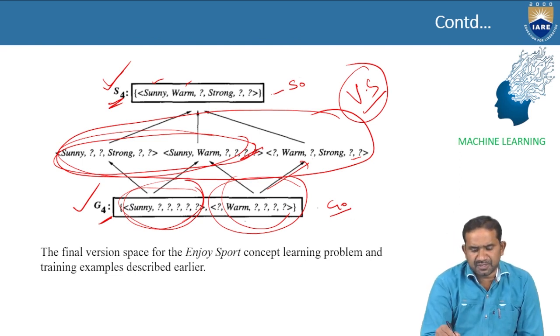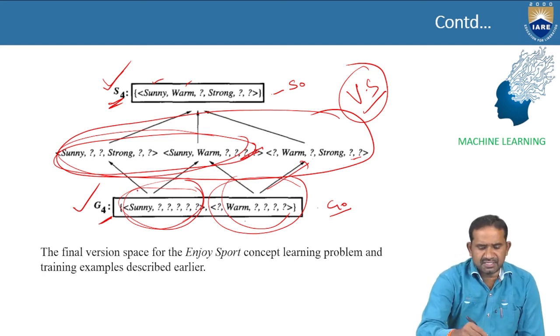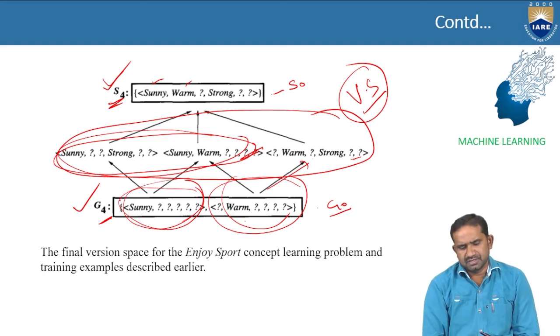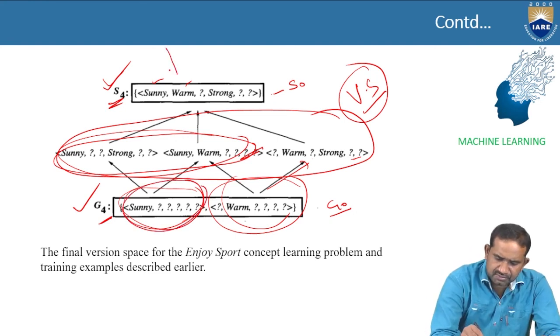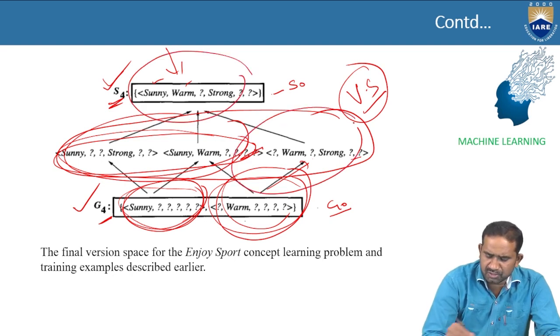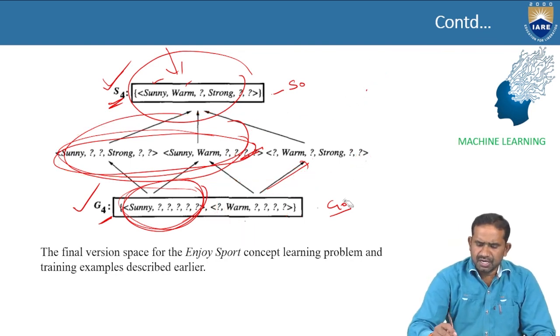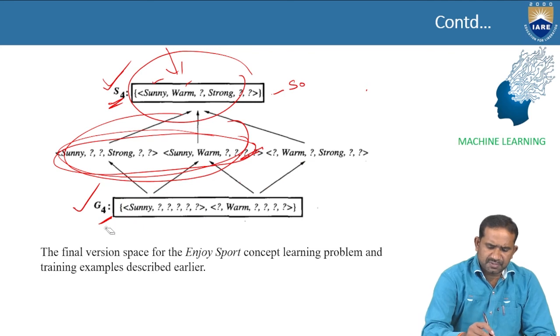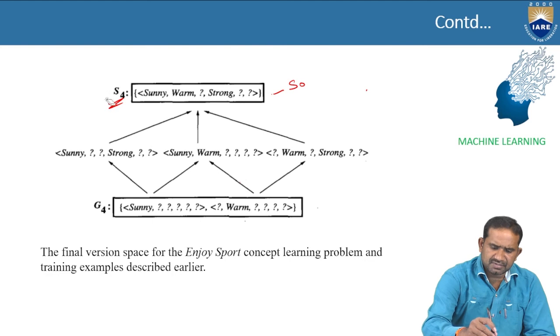This version space hypothesis is generated from the multiplication of the specialized as well as generalized hypotheses. Whenever we multiply these two with this one, and multiply this generalized with this one, we check it, and it generates two more hypotheses. Whenever we observe the generalized hypothesis as well as specialized hypothesis, there must be some relation in between generalized as well as specialized.